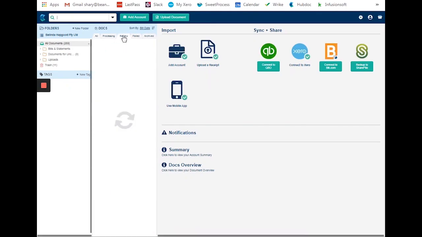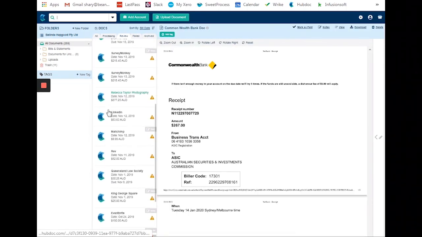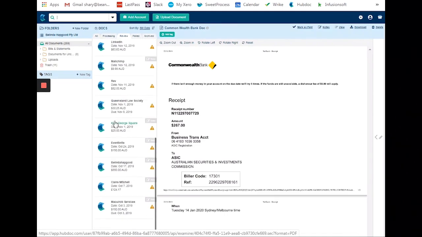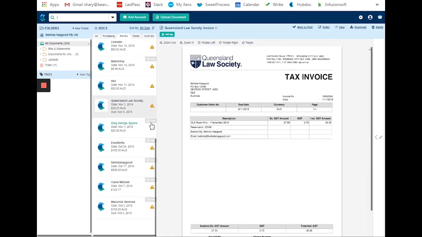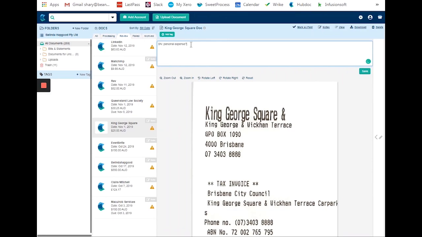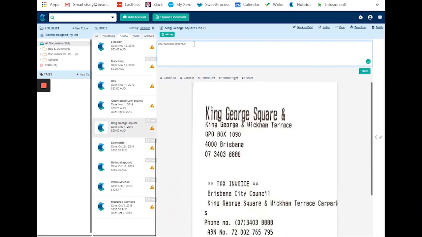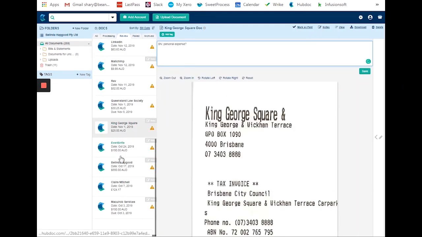And then go to the review tab. Since I'm processing from November 1, I'll start with November 1. As you can see, there are notes here, which means we left some notes to clarify to the client, because the client usually responds here.